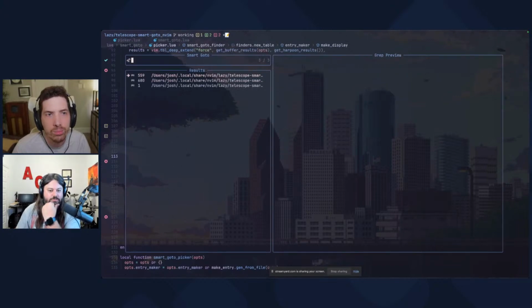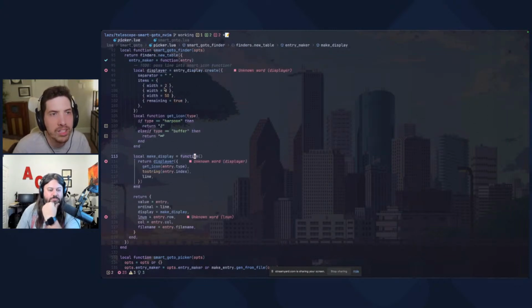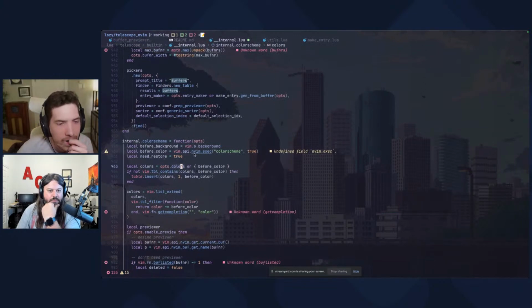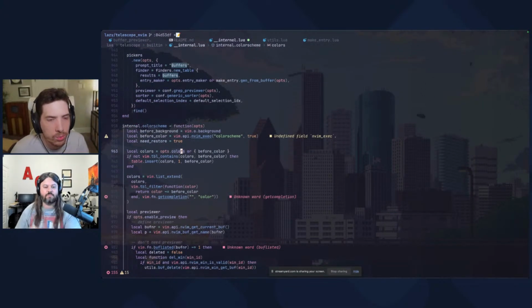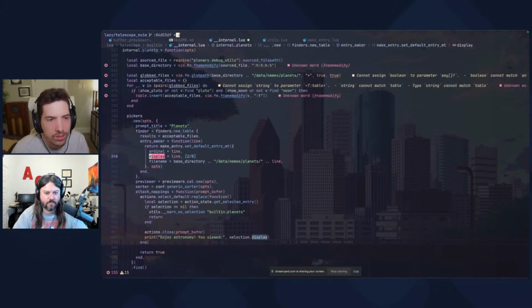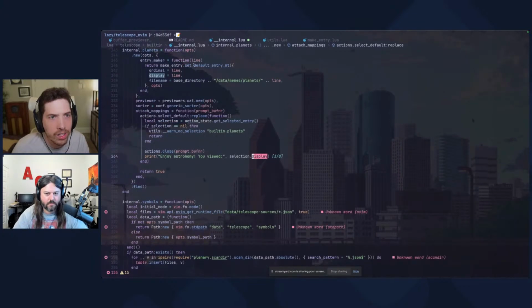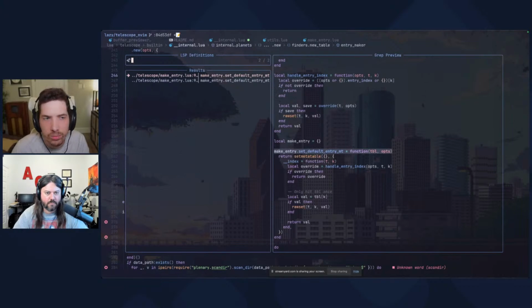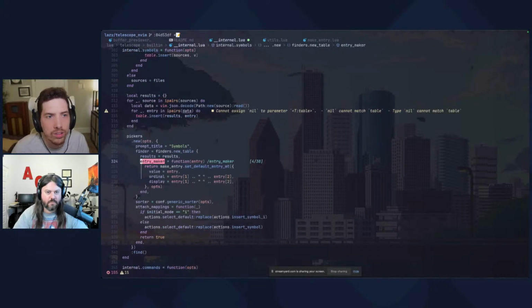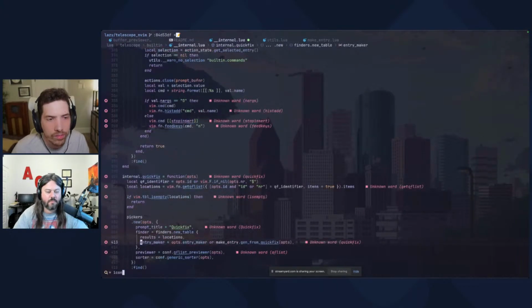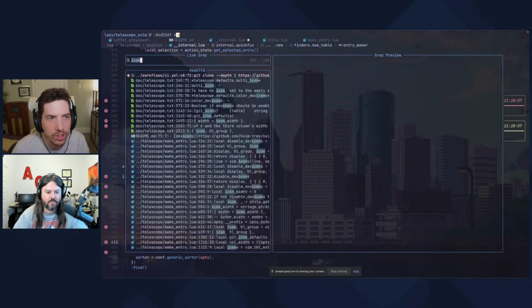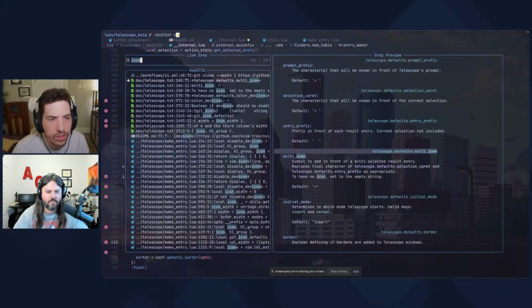So this one isn't previewing. The question would be, okay, well, why isn't this one previewing? I think we need to first maybe get them smarter. So the actual entry maker, boy, we haven't been in Telescope code for a while. All right, so the way in which we display, the display is the line from the entry maker. The entry maker, maybe I'll just search icon and start there. Entry maker icon,